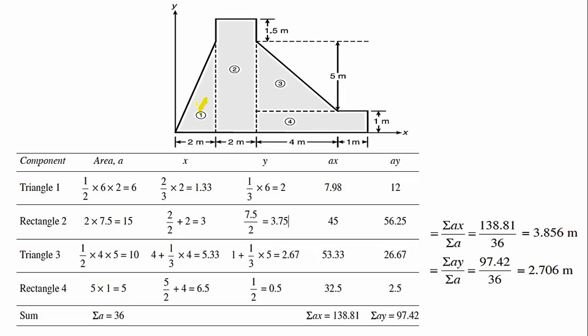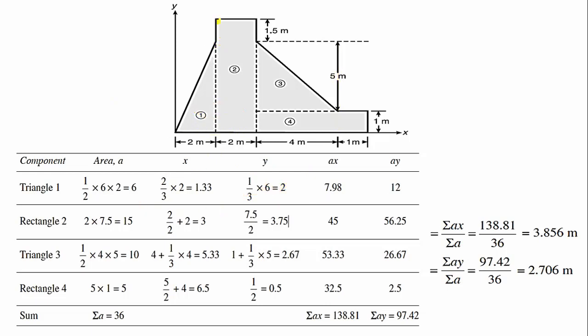Next, in the y direction, if you want to calculate, this vertical distance is required. So this is the base, this is the pointed end. From the base it is 1/3, that is 1/3 of what? Total height, that is 6. 1 by 3 multiplied by 6, you will get the answer as 2 meters.